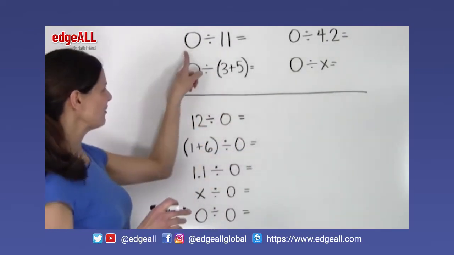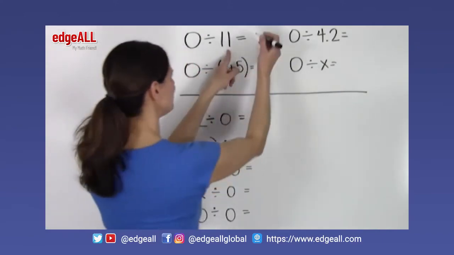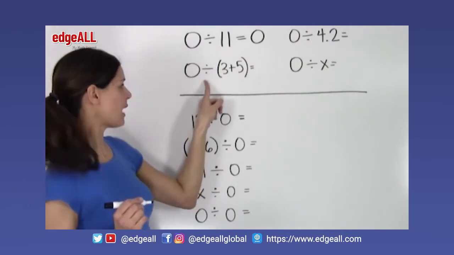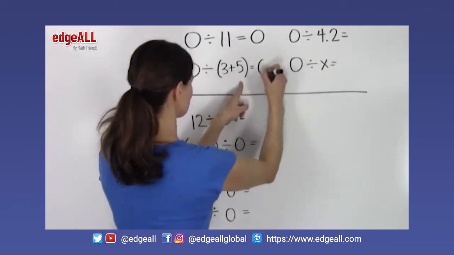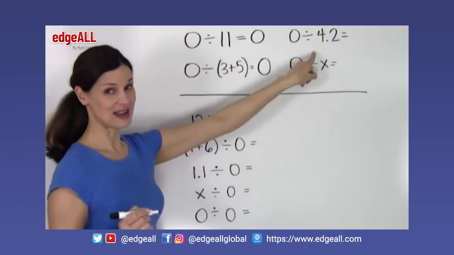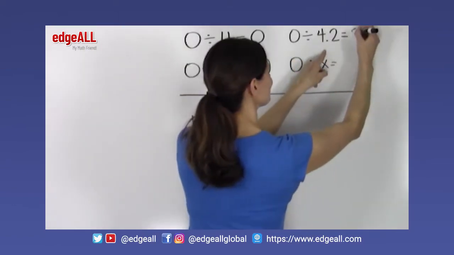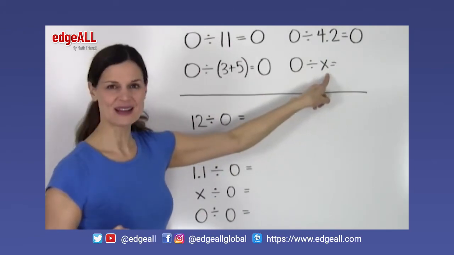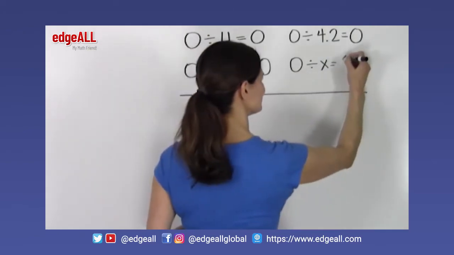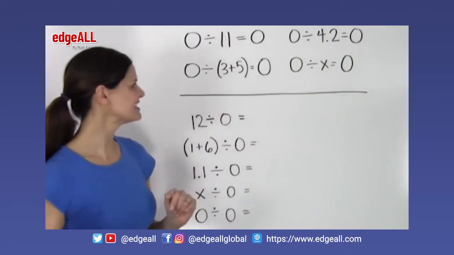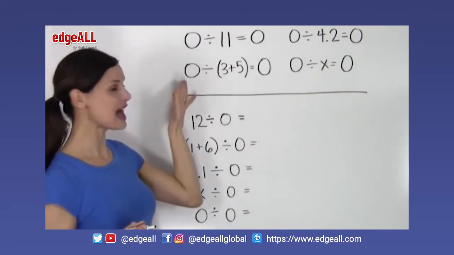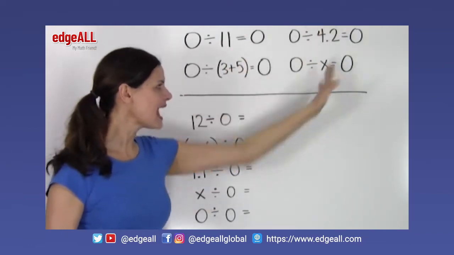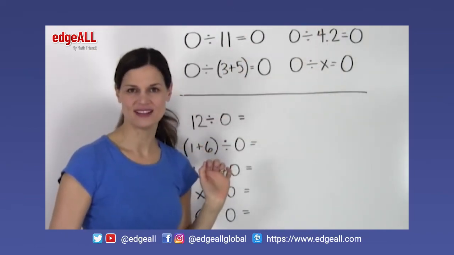So 0 divided by 11, for example, equals 0. 0 divided by 3 plus 5 equals 0. 0 divided by 4.2 equals 0. 0 divided by x equals 0, or any variable, in this case our x. So if the 0 comes first, and then we're dividing by any number, any expression, any variable, the answer is